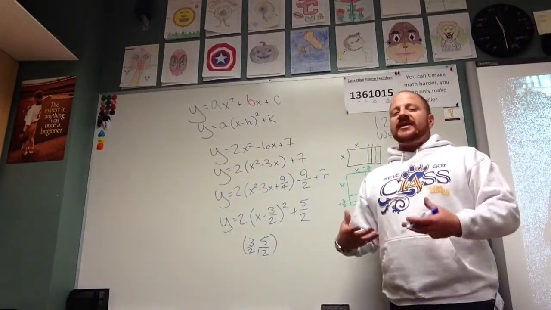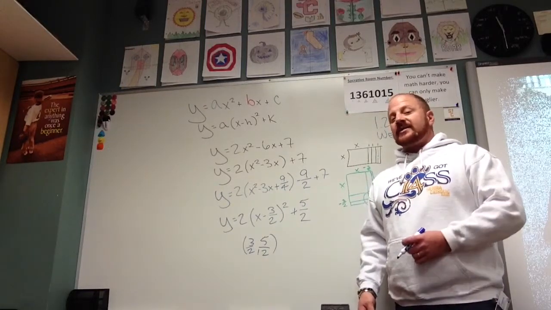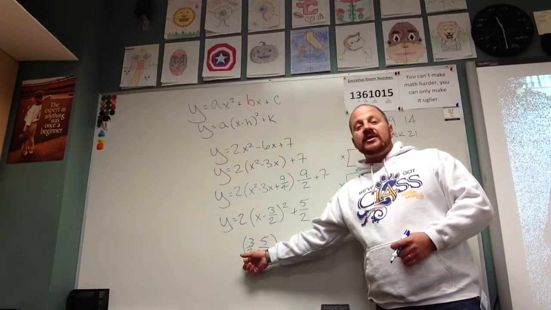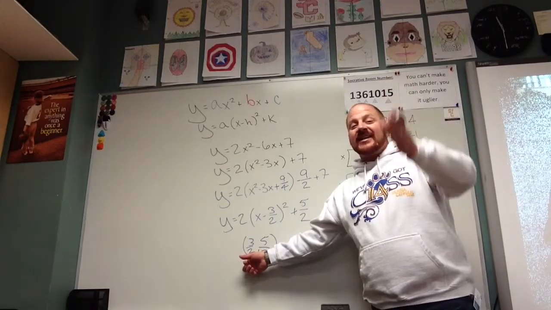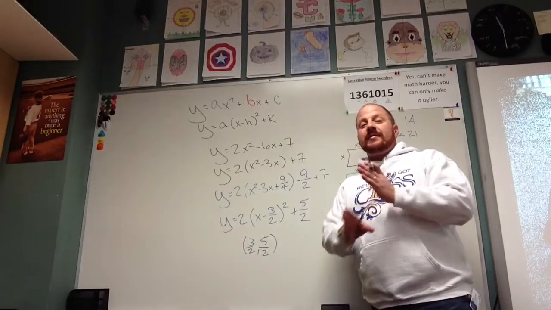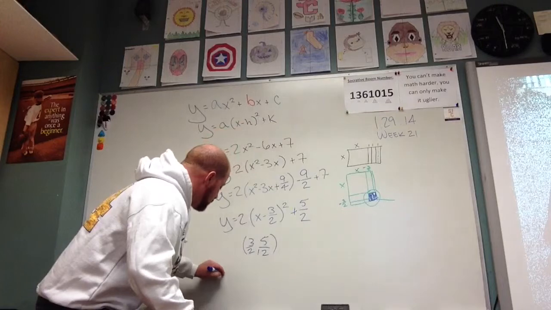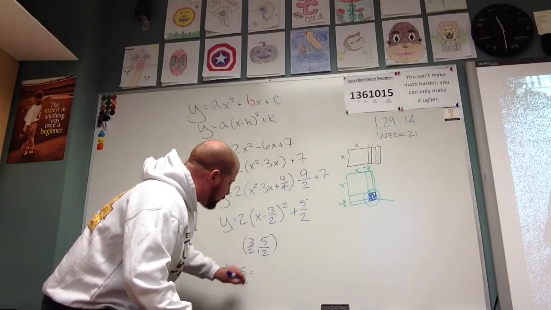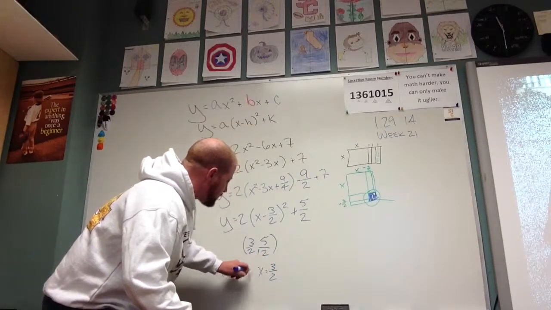Now I know my vertex occurs on the axis of symmetry, so the equation for my axis of symmetry is going to be x equals whatever this number is. So the x value of the vertex is also the vertical line that is going to be my axis of symmetry. So my axis of symmetry in this case, AOS, is equal to x equals 3/2. Okay? Axis of symmetry is